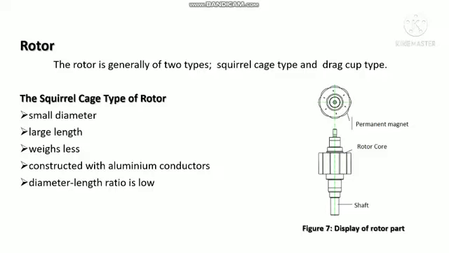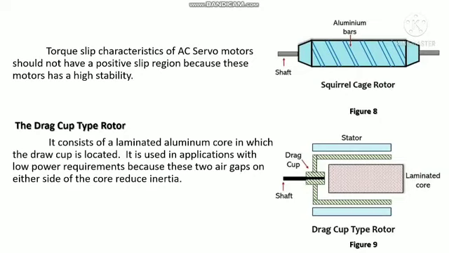Rotor. The rotor is generally of two types: squirrel cage type and drag cup type. The squirrel cage type of rotor has a small diameter, large length, and is constructed with aluminum conductors, so the diameter-length ratio is low. The torque slip characteristic of AC servo motors should not have a positive slip region because these motors have high stability. The drag cup type rotor